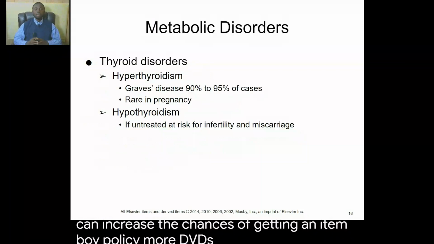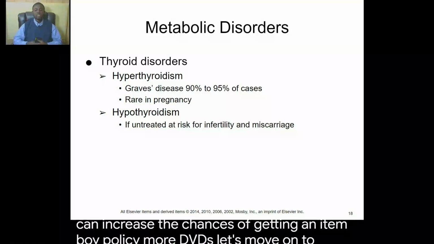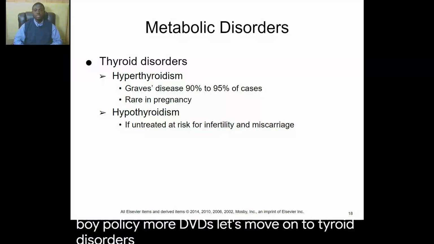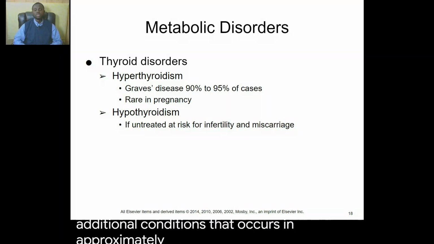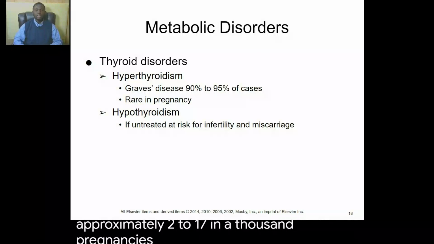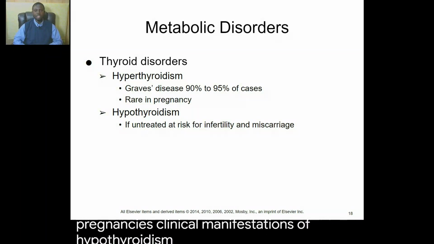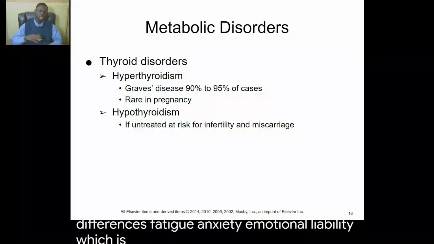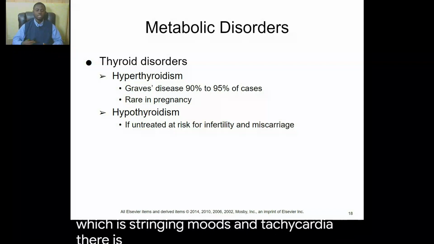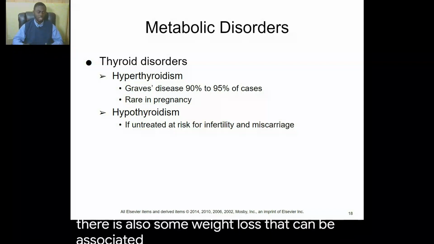All right, let's move on to thyroid disorders. Thyroid disorders are pre-gestational conditions that occur in approximately 2 to 17 in 1,000 pregnancies. Clinical manifestations of hyperthyroidism include heat intolerance, diaphoresis, fatigue, anxiety, emotional lability, which is swinging moods, and tachycardia. There is also some weight loss that can be associated with